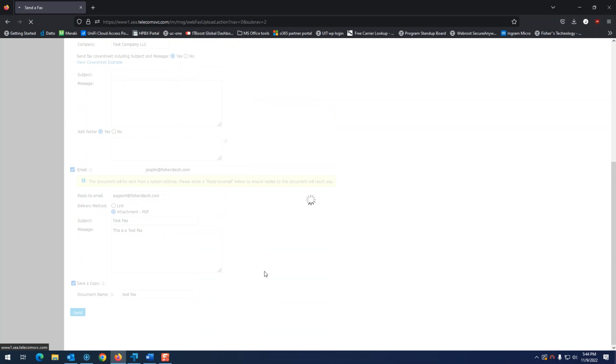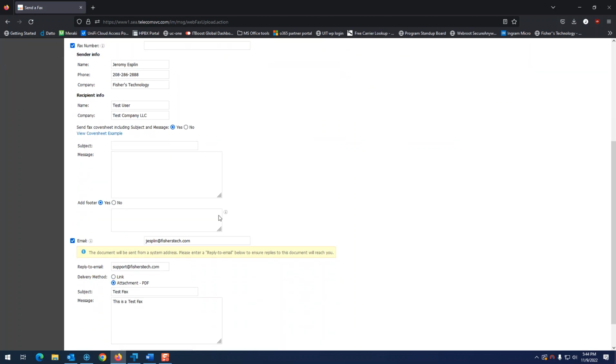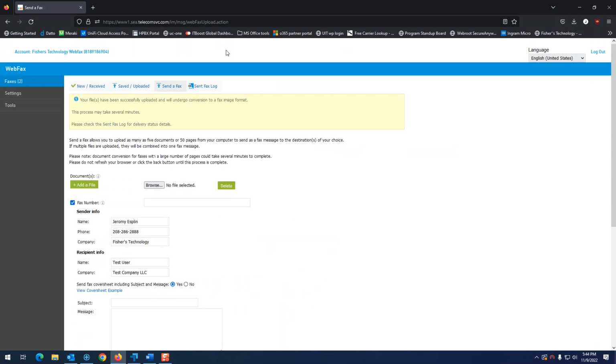Let's go ahead and hit send, and what this will do is convert it to a fax and deliver it to whatever fax machine you just sent it to. May take several minutes,